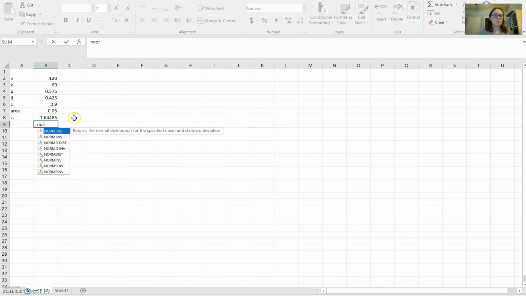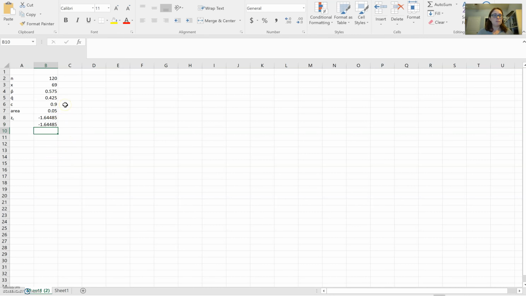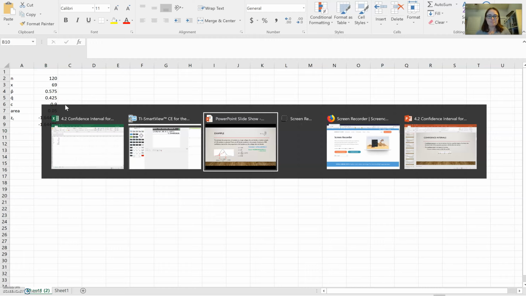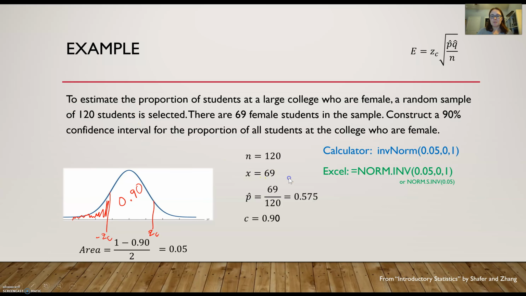If I wanted to use the norm.s, there it is, norm.s.inverse, and see now all it wants is the area or probability, and we get the same area, or same z-score I should say. Okay, so now we have our z-score. We can move on to